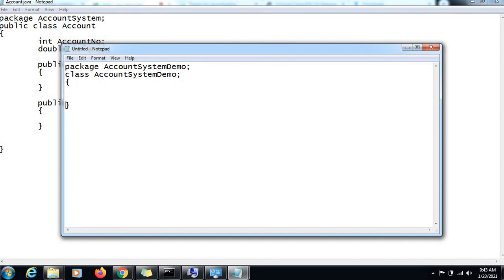Now let's define our main method. As this is the main class, it will have a main method, public static void main, String args, right?